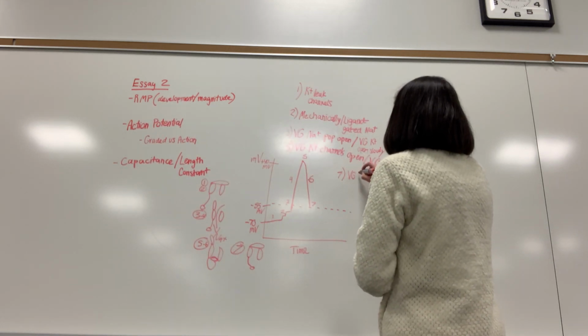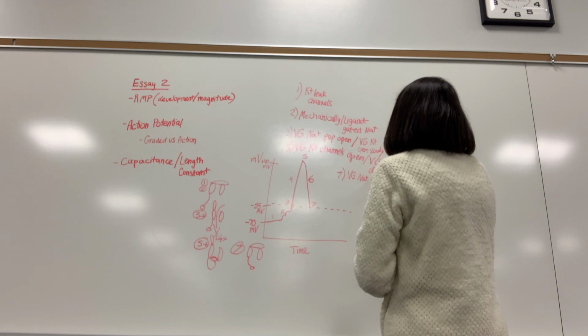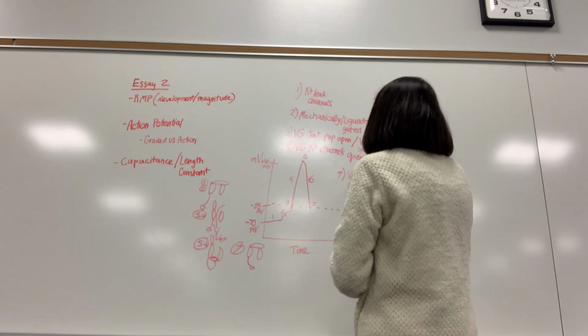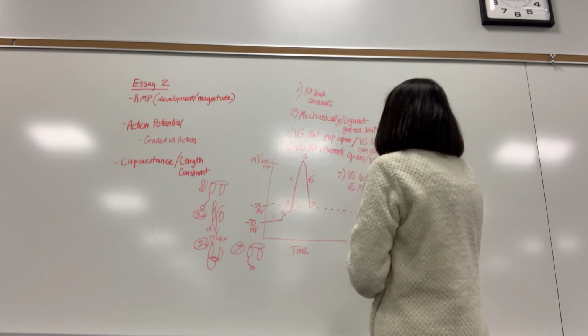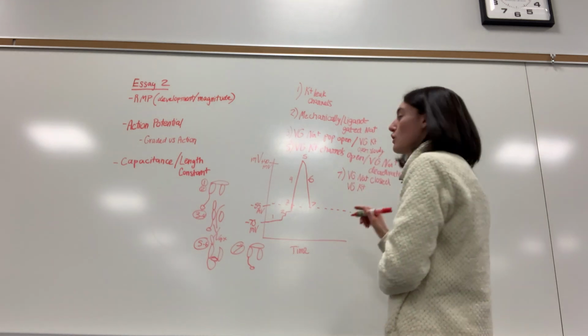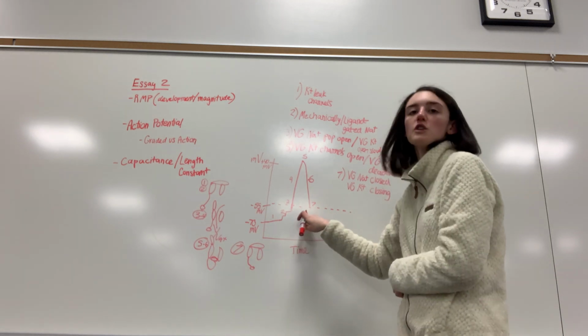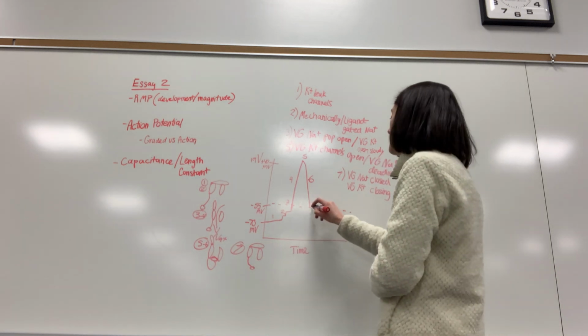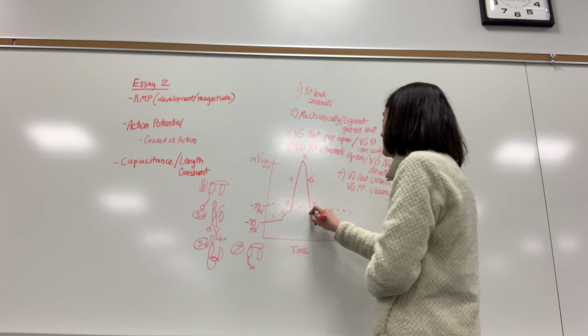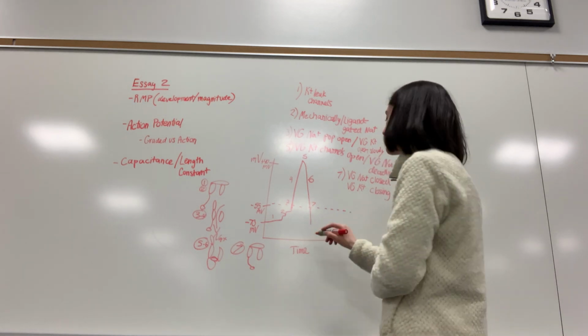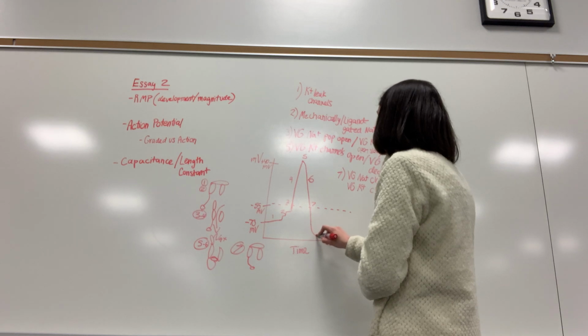So voltage-gated sodium closed, and our voltage-gated potassium will begin closing, since it has reached back to its threshold. And because potassium is still flowing out, it has a stronger driving force towards -94. So it's going to do what's called hyperpolarization